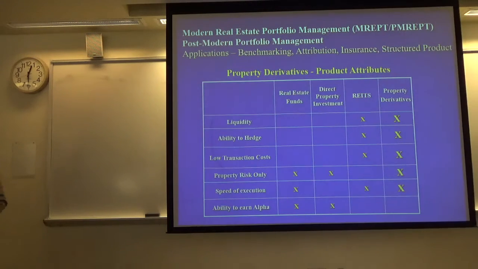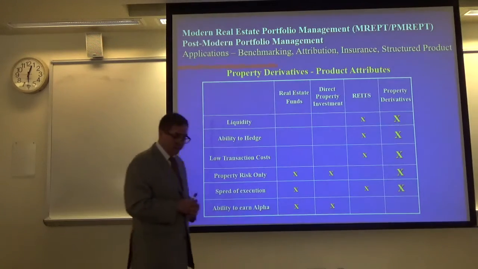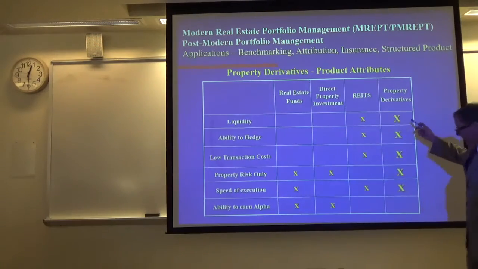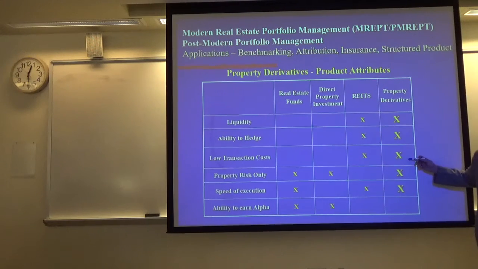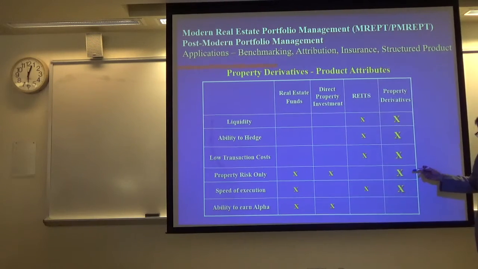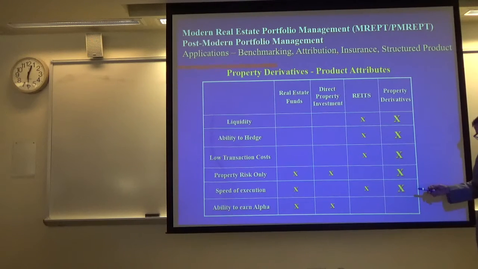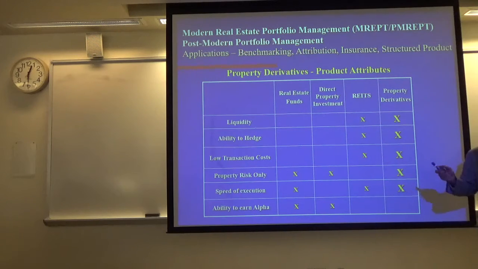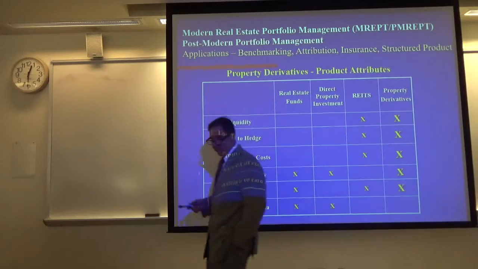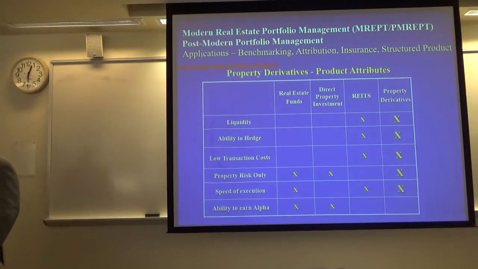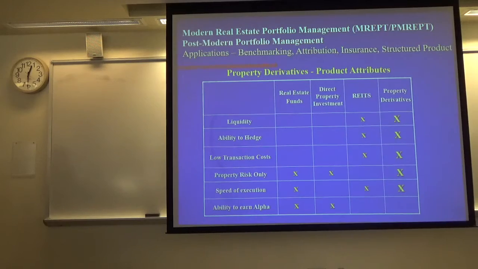And the contracts are amazing. They meet a lot of the needs of the clients. They're highly liquid. You could use them to hedge off market risk. Very low transaction costs, especially when they were developed. They had property risk only because they were only real estate. You could execute the derivative trades over the counter or exchange-based on the two commodity exchanges. And I believe that you could actually add alpha if you knew how to trade these things correctly. You were looking for price anomalies.